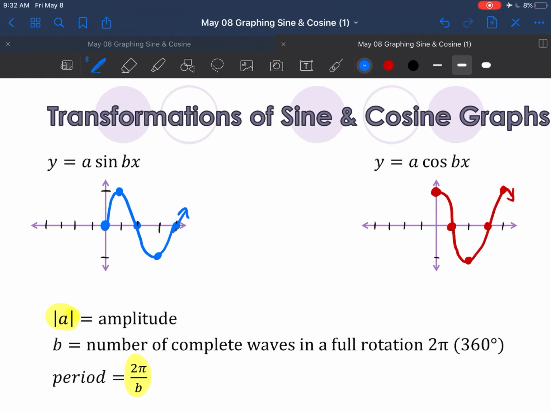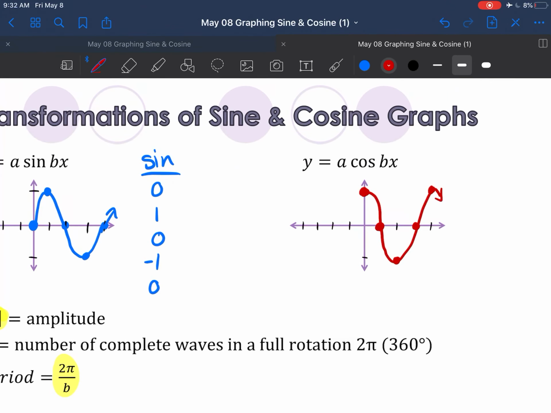So another way of thinking of this, if you can't remember it that way, here's a way that I memorize it. I just say sine, what it does is it starts at the middle, so let's say 0, and then it goes up to the top, which in this case would be 1, then it goes back to the middle, and then down into the negatives, so down at -1 is the bottom of the wave, and then back to the middle. Versus cosine